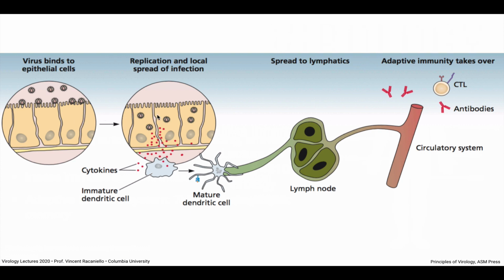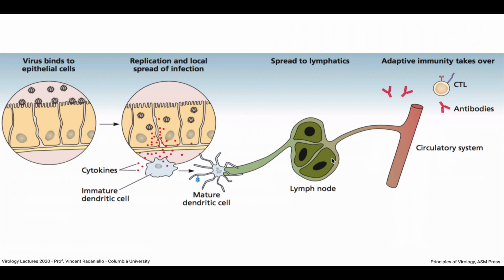The cells have sensed infection via the innate immune system, and the cells respond by the production of cytokines, these red dots which are secreted from the cell, and they attract cells like dendritic cells and macrophages. Here we're showing an immature dendritic cell being attracted to the cytokines. It undergoes maturation. It will then travel to the lymph node where it'll encounter T cells and initiate the adaptive